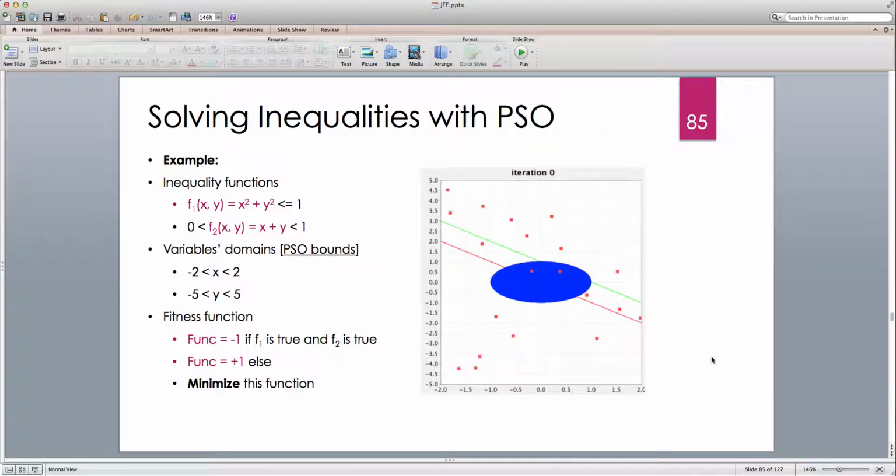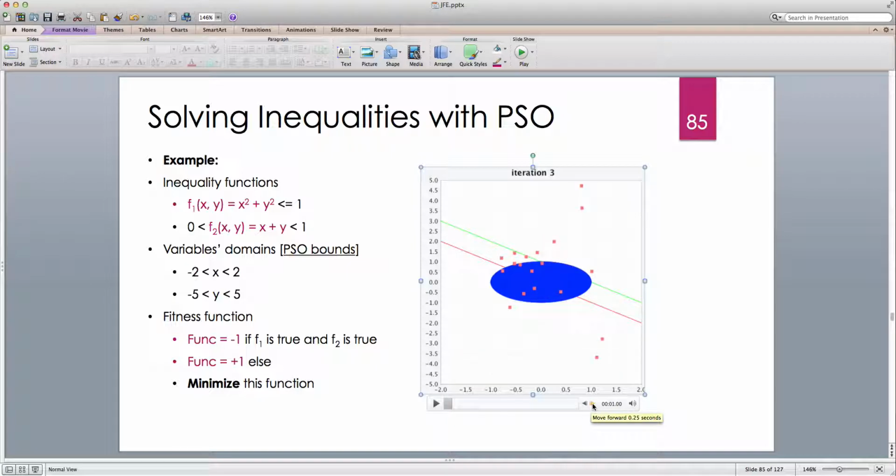Now what we do is define this fitness function, pass it to PSO, and run a minimization. Here I'm tracking the position of all these particles. I believe I'm using 20 particles and 50 iterations. Let's look at what happens to the particles as the PSO evolves. So iteration 0, iteration 1,